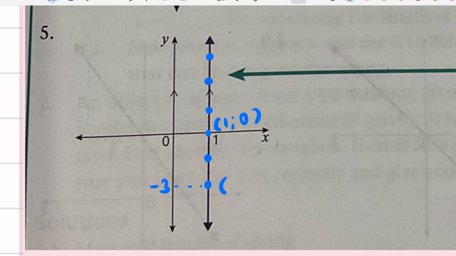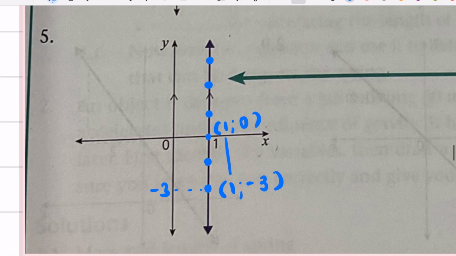Let's say that's -3. So we've got 1, -3. Okay, so the change in x was 0. There was no change. And the change in y, okay, from, let's say, from -3 up to 0,